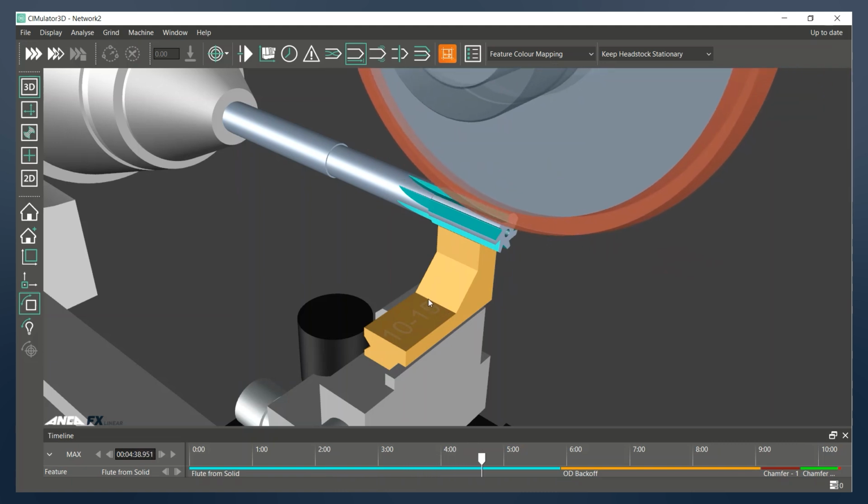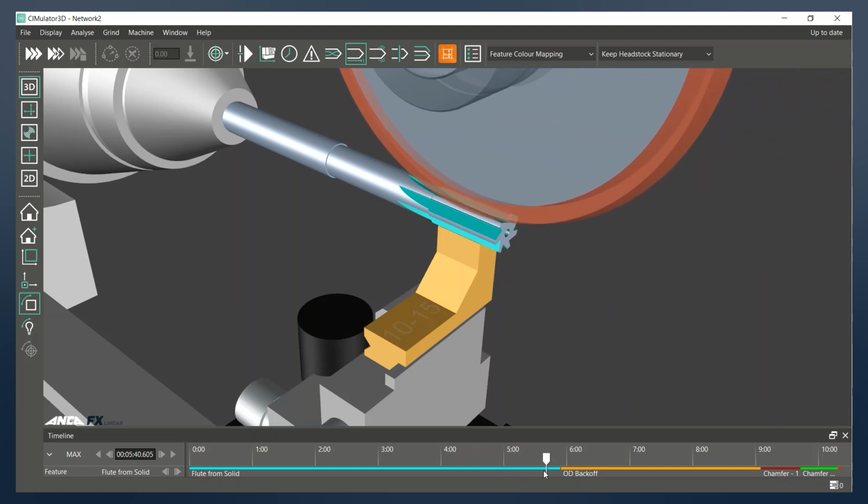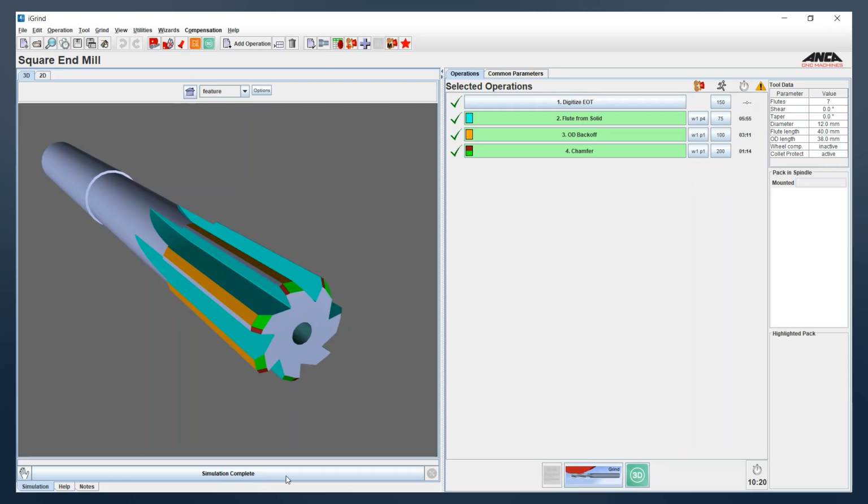If our steady shoe in this example isn't aligned properly, as the tool rotates, it has the chance to pick up on the edge of the steady shoe and affect our work support. So what we would need to do is rotate the tool in the opposite direction. And to do this, we need to change our order of grind.